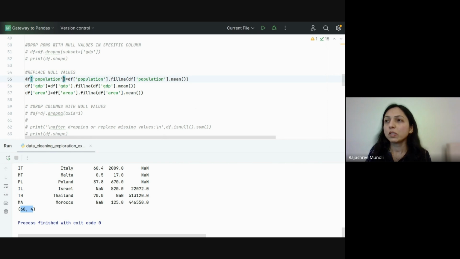So in this code, we are saying df of population equals fill the population column, wherever it has NA, with the mean of this column. And similarly for GDP, we are saying that in the GDP column, fill the NAs or the missing values with the mean of the GDP column. Likewise for the area column. So when we run this,